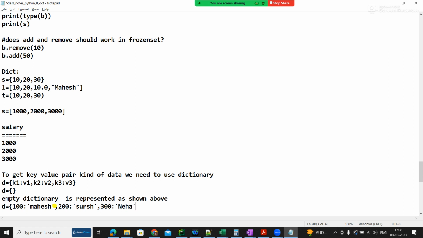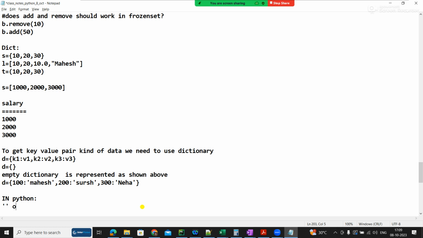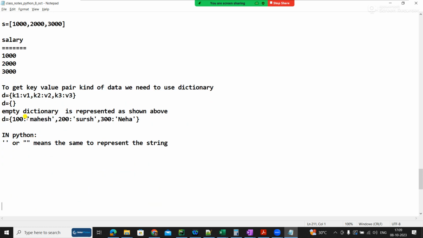Now if you see this, this is a key. Obviously an integer is not required to be given in quotes. You know that this is a string value. A string value can be given in single or double quotes. Both mean the same in Python, single quotes or double quotes mean the same to represent a string, so I don't mind using either.